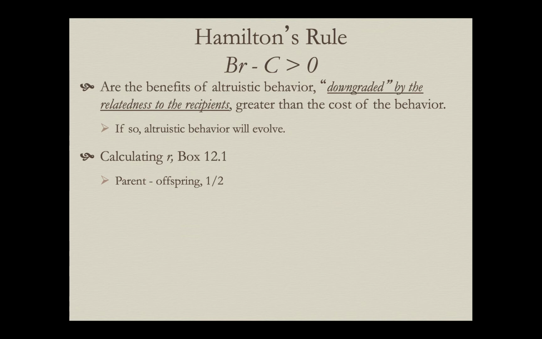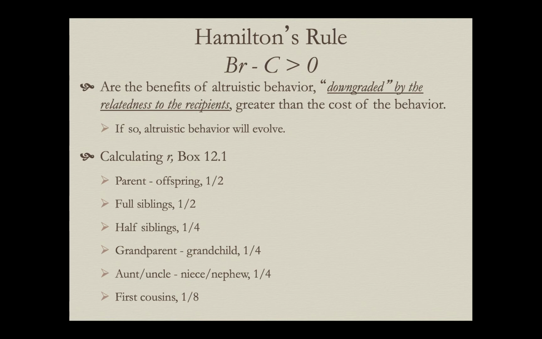So let's first just talk about when you have direct reproduction, where a parent produces an offspring and it's actually a reproducing organism. Remember, one of the aspects of meiosis is you're producing gametes that have only half of your DNA. So you're related to your offspring by a half. Well, let's think about how your relatedness might be associated with other individuals. Well, with full siblings, it's the same thing. You share half of your DNA with your full siblings. So if you can raise extra full brothers and sisters, it's really equivalent to producing offspring.